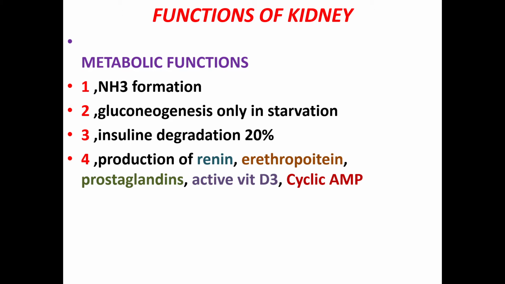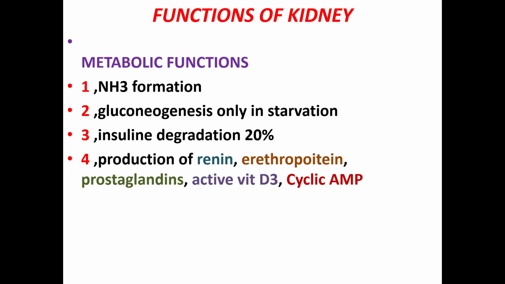Then the prostaglandins, which are concerned with different sorts of pains. And the active vitamin D3, this is very important. Actually, vitamin D1 is produced in your skin, D2 is produced in your liver, and D3 is produced in your kidney. This is the reason that whenever there is kidney damage, vitamin D3 is